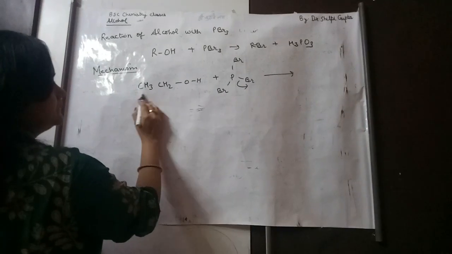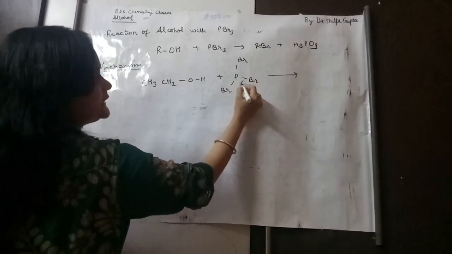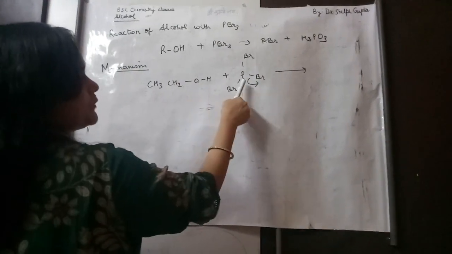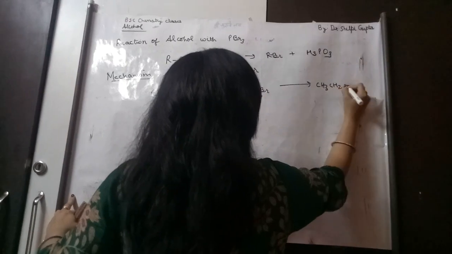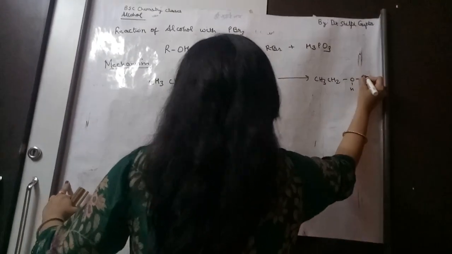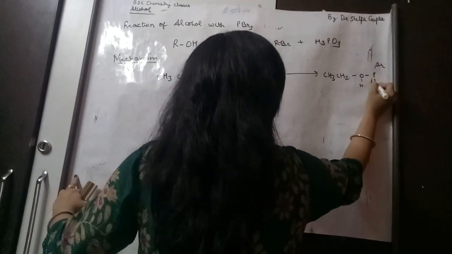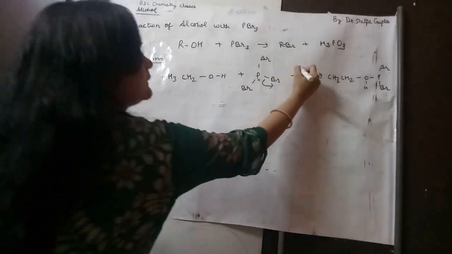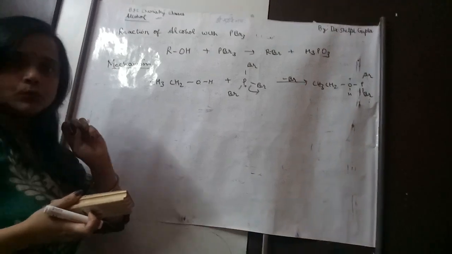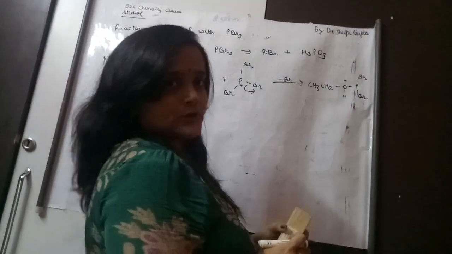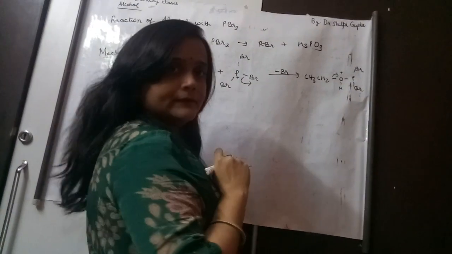It will attack here. Okay. First of all, it will remove from the molecule, so it will become positive charge. It is already negative charge. Then it will become positive charge. It will attack here, like this. There are two Br atoms, one Br has been removed. So what will happen? This P will become positive now, because P has shared its electron with oxygen, so it will get positive charge. So it will take the lone pair of electrons from this bond.